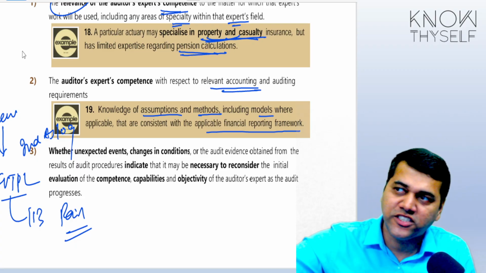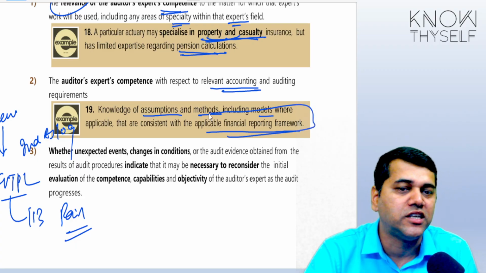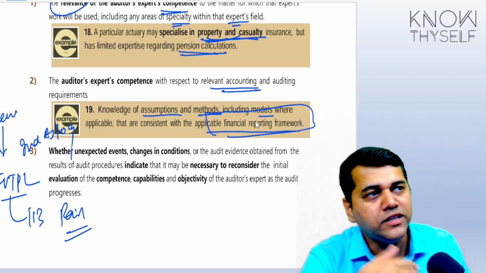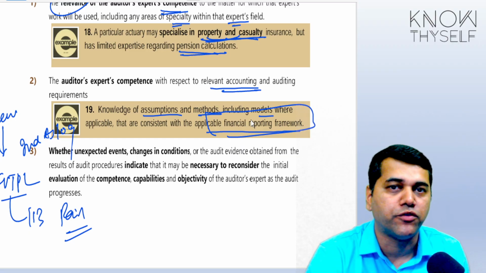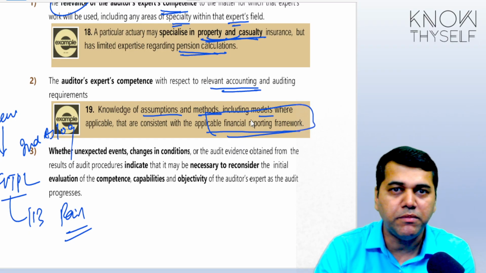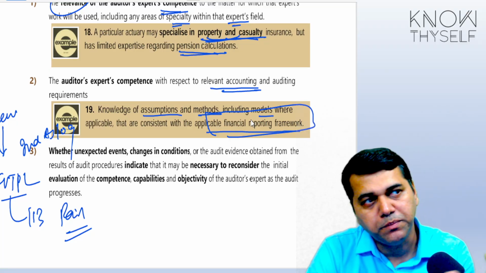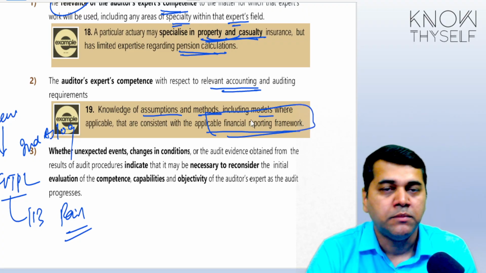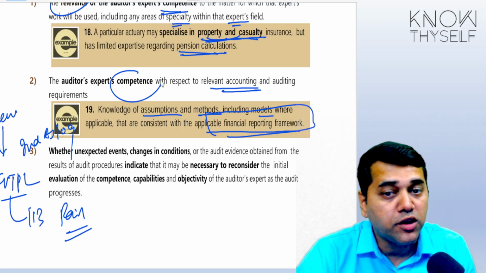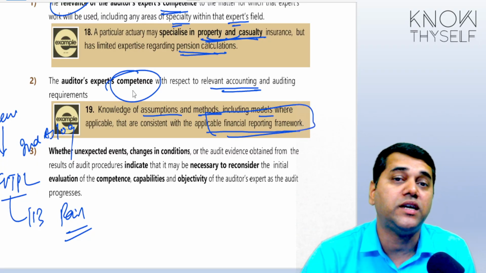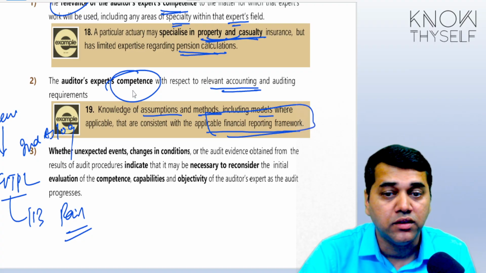Now, does that expert know about these guidelines of the financial reporting framework? Tomorrow, he may do one sort of valuation which may not be applicable from the reporting point of view. From another perspective, that may be perfect work. From an investment perspective, it may be very relevant work. But from my reporting and accounting point of view, it may not be. So the second question that comes when you talk about competence is, do they have that knowledge about my financial reporting framework?